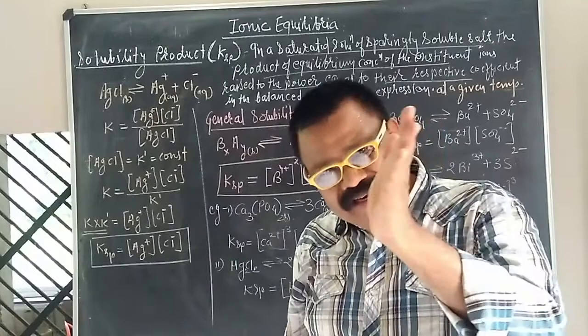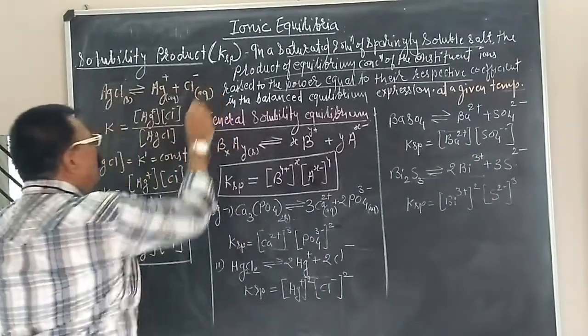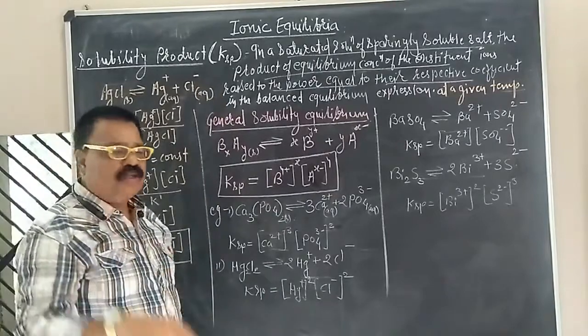It forms its saturated solution. We are getting the silver ion as well as the chloride ion, and that's why according to the dissociation constant,